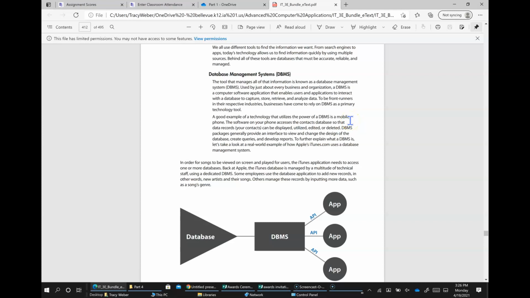The software on your phone accesses the contacts database so that data records can be displayed, utilized, edited, or deleted. Database management system packages generally provide an interface to view and change the design of the database, create queries, and